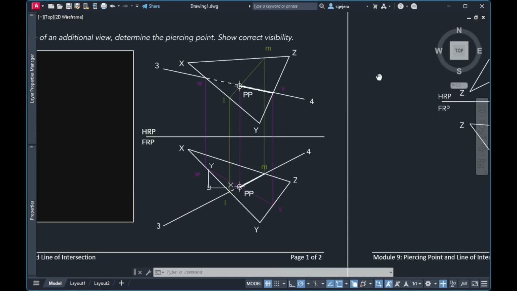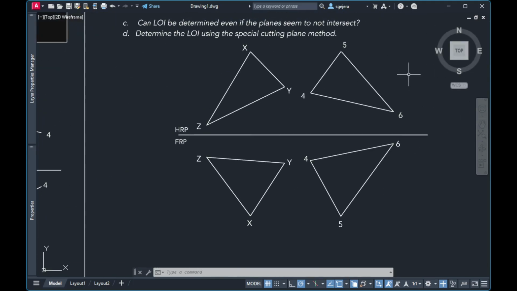So, the way we do it is similar to how we did this one. Parang nagkaroon tayo ng special cutting plane na pinutol natin siya. Pero this time, instead of just one special cutting plane, ang gagawin natin is we make two special cutting planes. Okay? So, the two special cutting planes, ang goal lang niya is to find